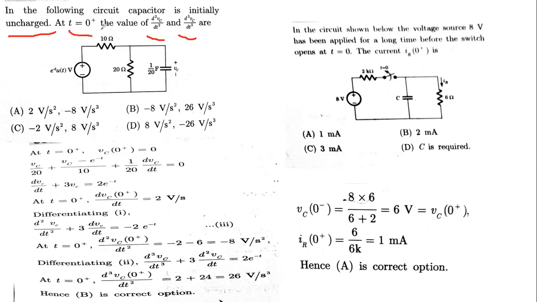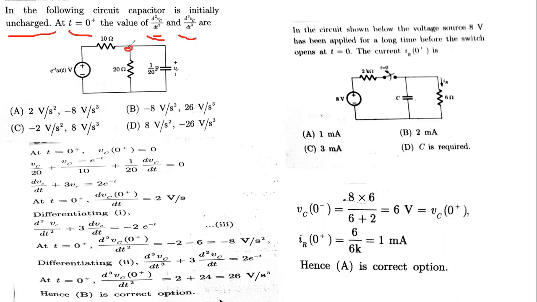Because what is the condition? Vc(0 minus) equals Vc(0 plus). So the capacitor is initially uncharged, and the capacitor voltage is 0 at t equal to 0, so it remains 0 at t equal to 0 plus. But the value of dVc/dt is not 0. So if we apply the